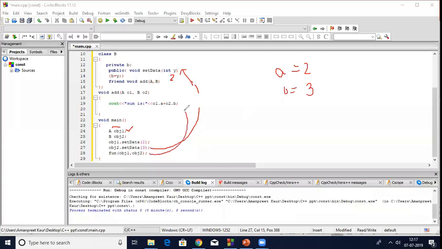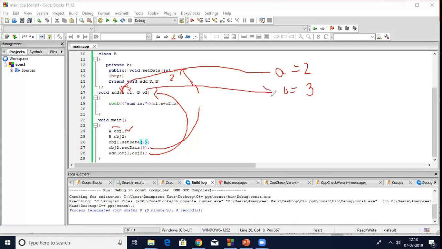So we are going to go to this function add. See, it's not set data, it's add, because the name of the function is add here. So I'm going to go to this definition add obj1, obj2. I say take the first argument from which class? A class. It will be taking A from A class. Take the second argument O2 from which class? B class. So B will be taken from B class. Then I say O1 dot A plus O2 dot B. So this will be the operation performed. If I run this program,